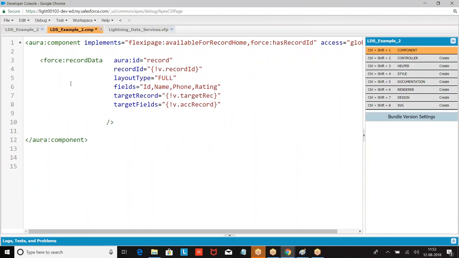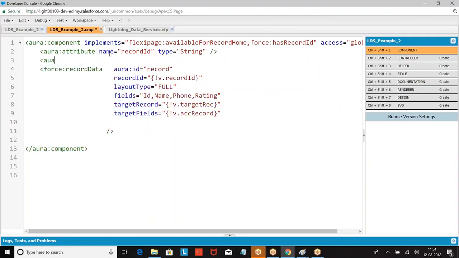This is how we define. Now, for using this, we are supposed to define some attributes. What are the attributes that are left out? Attribute name, type, then we have target.